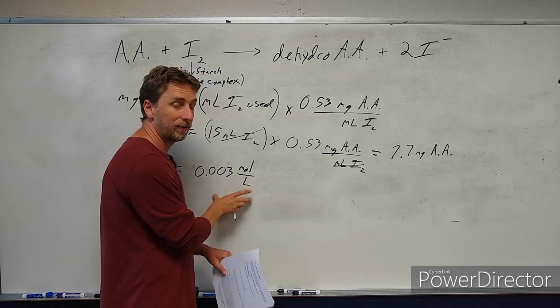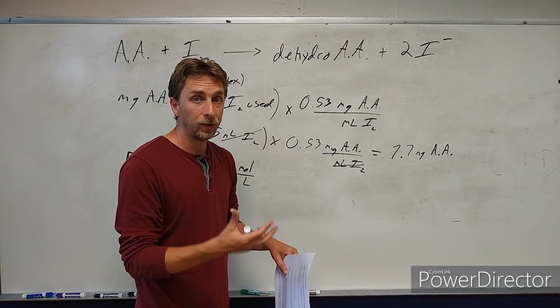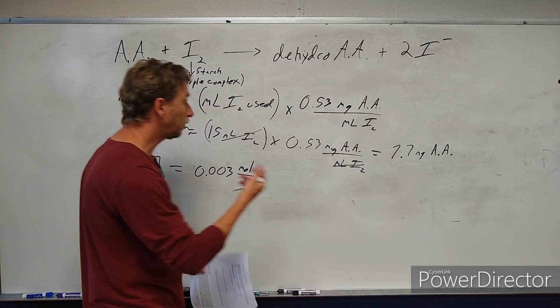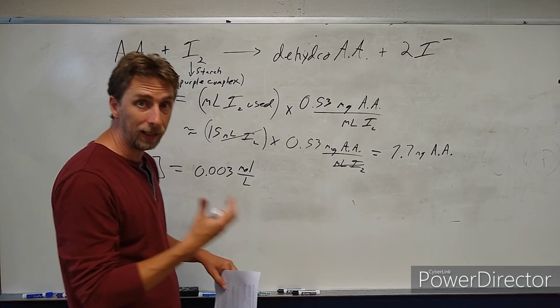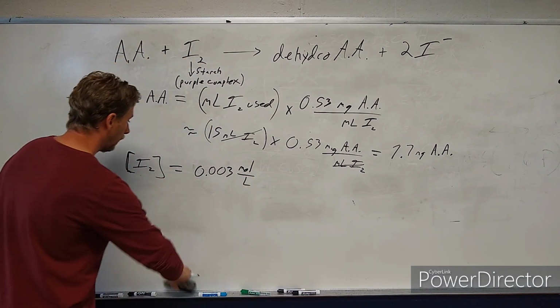Well, that gives us valuable information: if we know the volume required to reach the endpoint, we just multiply it times the concentration, and that tells us how many moles of iodine was used. So that's what we set up here. We used 15 milliliters of iodine to reach the endpoint? Well, let me go ahead and